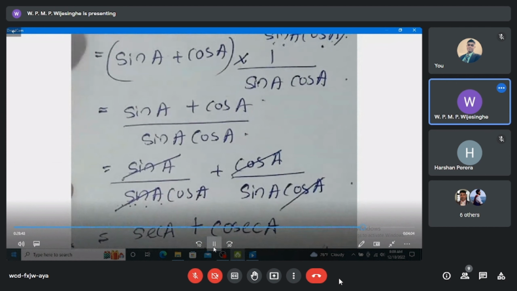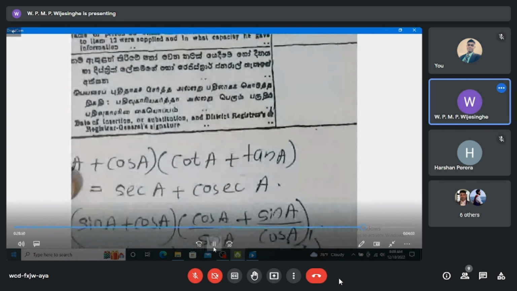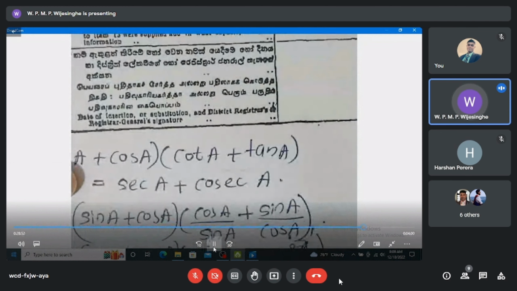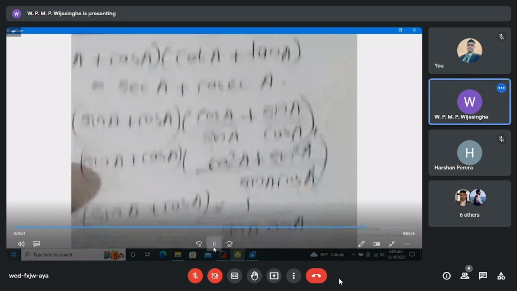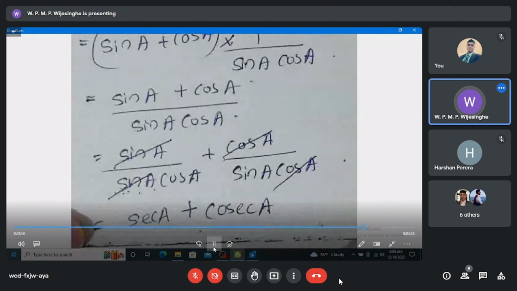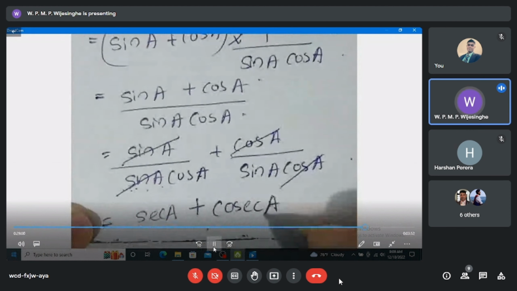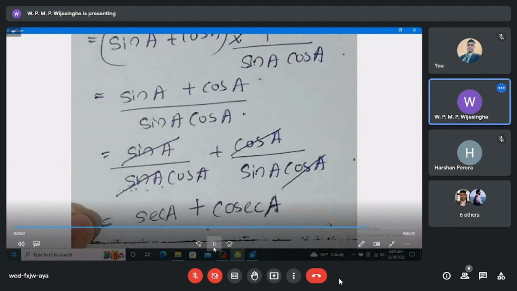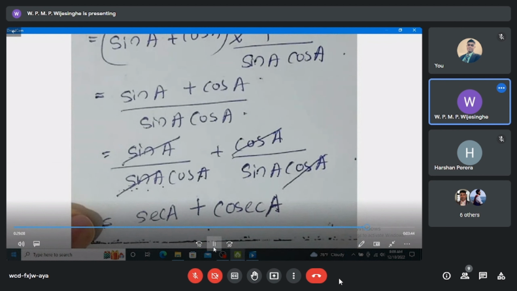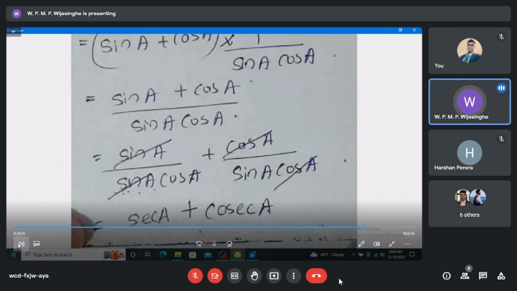Then look at here. Right hand side is what we have gotten. Here we have